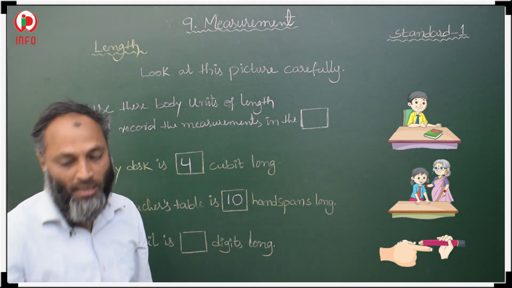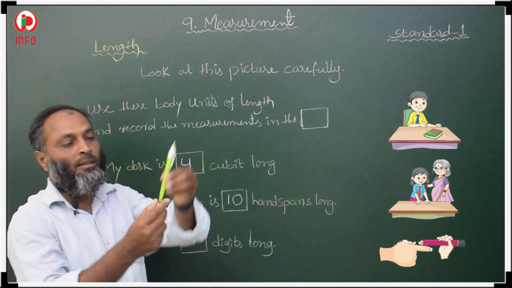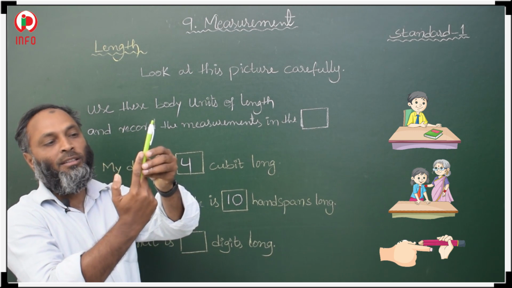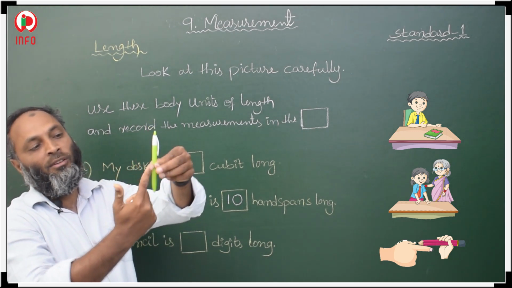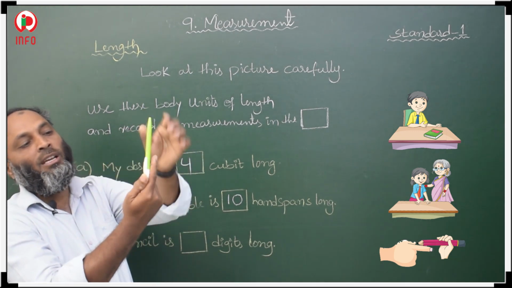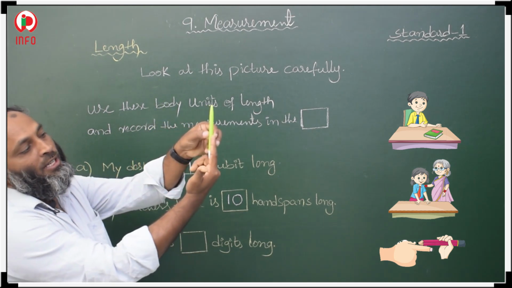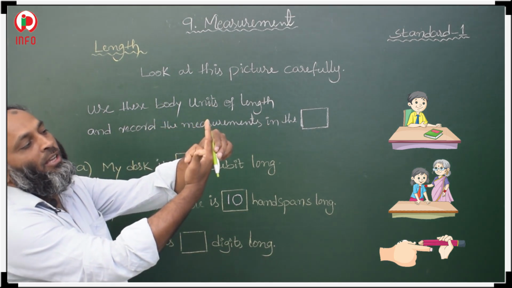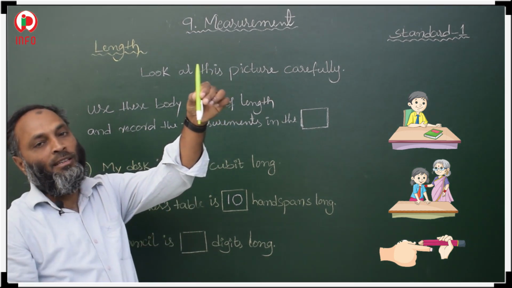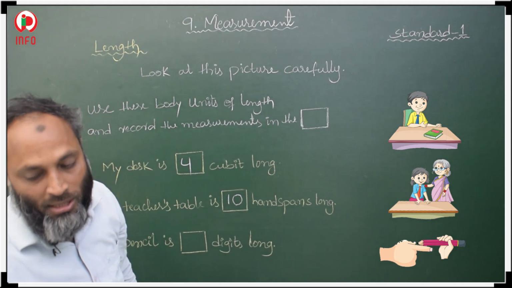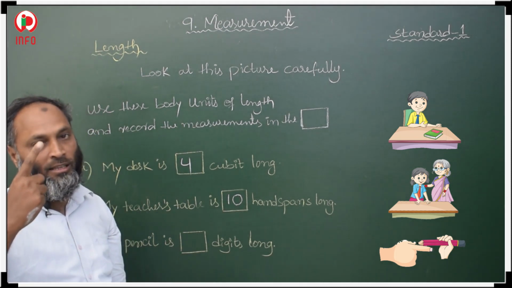So take your pencil like this is a pen. You take your pencil and find your digit. This is 1 digit, and from here to here again we have to take 2 digits. This is 2 digit length. Here to here 1 digit, here to here 1 digit. Total 2 digit length. This pen is 2 digit length. So 2 digit length means 2 finger lengths, okay.